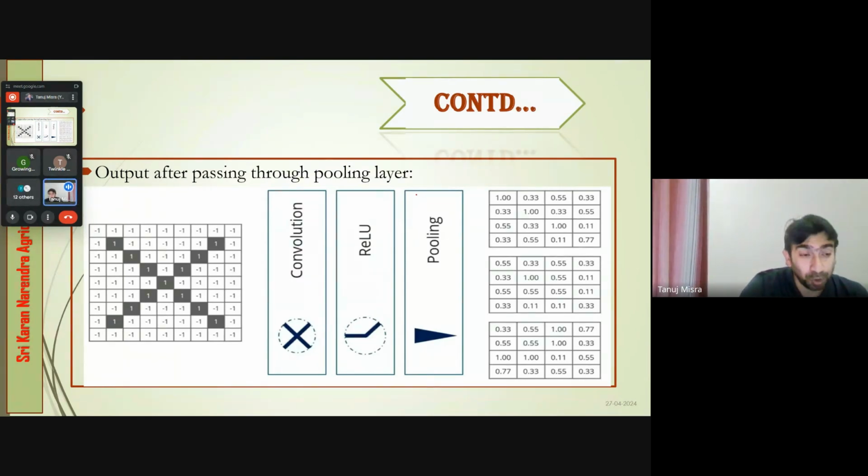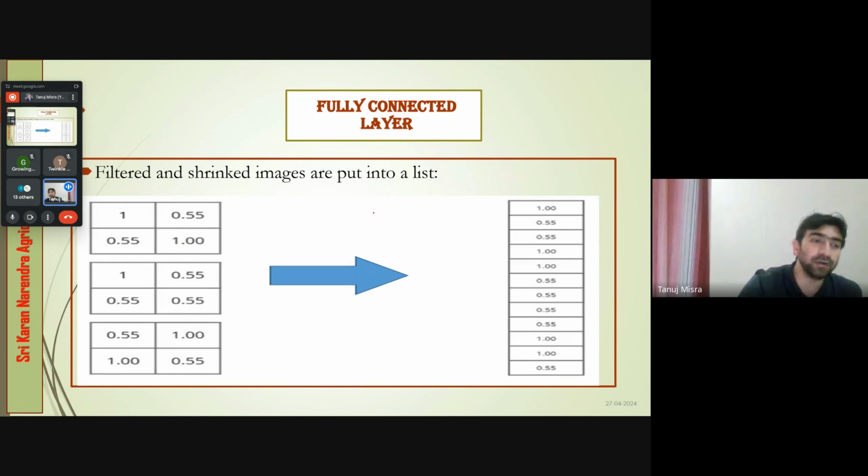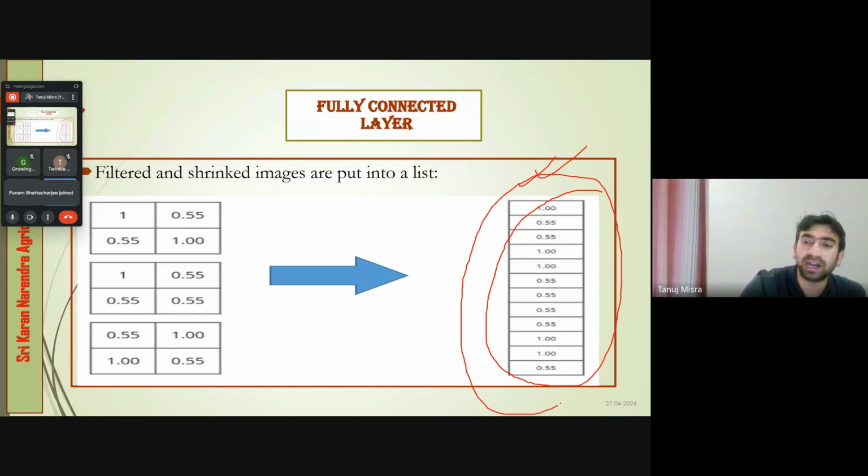So I don't know if it's boring or not, but this type of technology is the most popular and most interesting nowadays to apply in our particular sector, like the agriculture sector. So ultimately, what I have told is that from images the features are extracted after using the convolution layer, the ReLU layer, and the pooling layer. These are the output. So ultimately, by using this structure, we get the 1-dimensional array, and this was our objective.